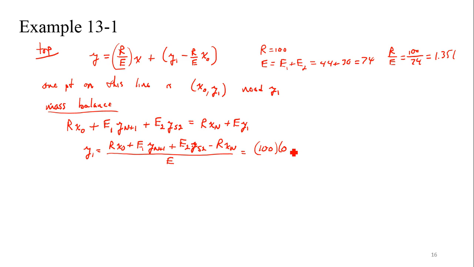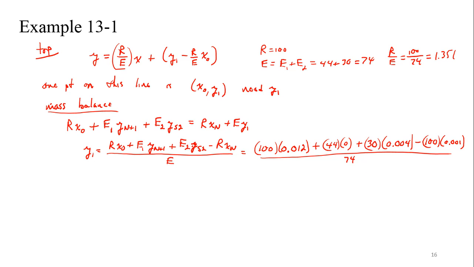That X naught, that's what's coming in. That was 1.2 weight percent, so 0.012. E1, that's what's coming in as 44, but it's pure solvent, so y_{n+1} is 0. Plus, then the side stream is 30, and it has a concentration of 0.004. And then we're going to subtract off R, which is 100 again, times x sub n, and that's what's coming out. We wanted 0.001. We'll divide that by E, which is the sum of E1 and E2,